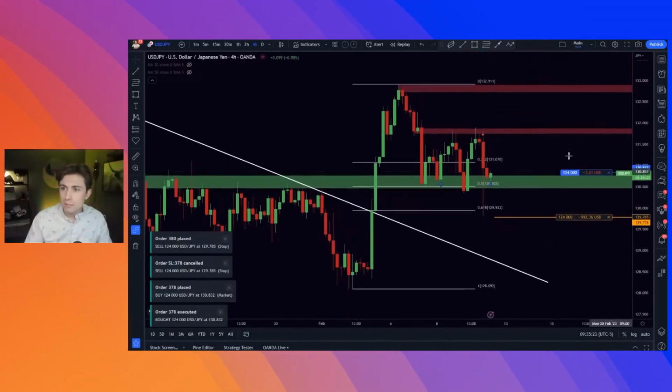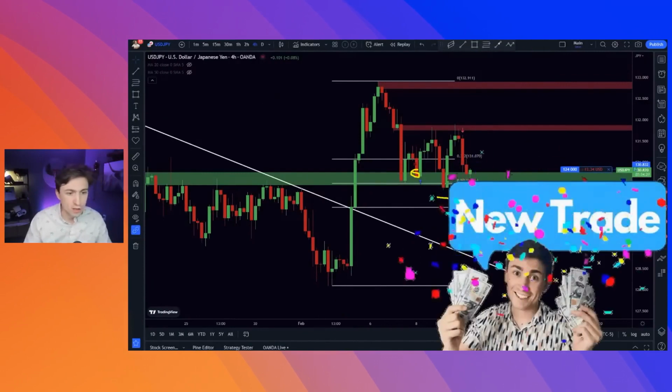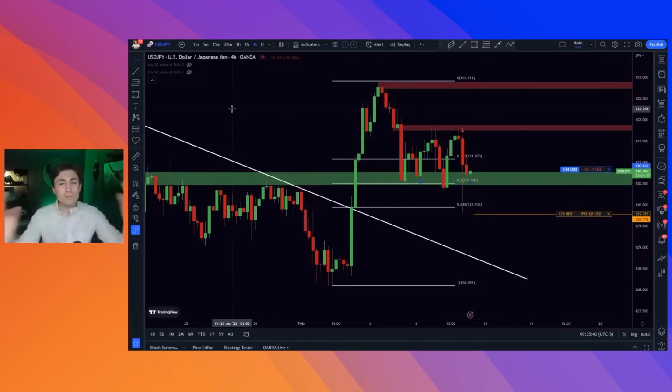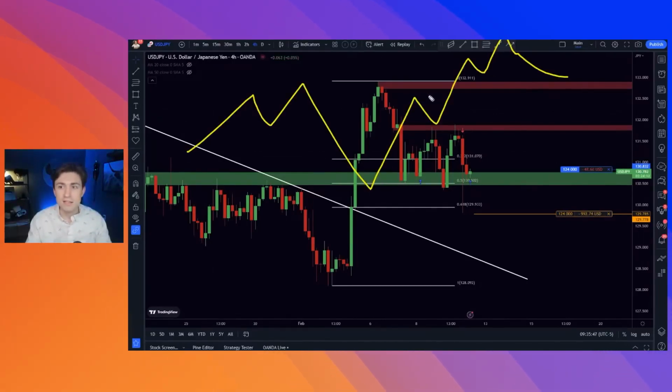So I'm revisiting my dollar yen trade. Please do not copy my trade. I lose trades all the time. I'm not here telling you to copy me. Now, when I say I lose trades all the time, losing a trade doesn't mean you're losing overall. The performance idea of trading is many, many trades. What happens? Not a single trade.